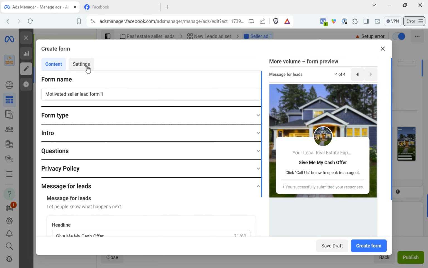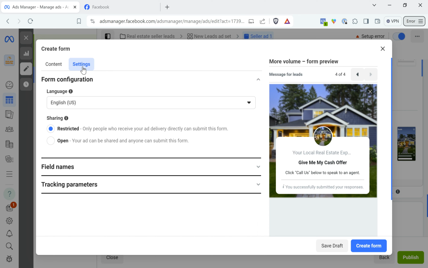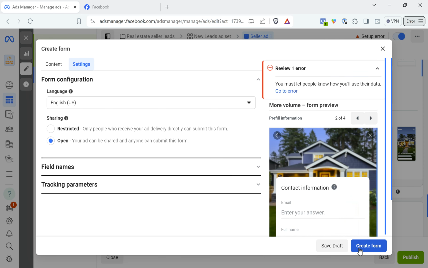But most importantly, what we're going to do here is go into settings. This may show over here, or it might be on the right hand side. I know previously it was on the right. And most importantly, we're going to put this as open so that the ad can be shared and anyone can submit this form, not just people who are seeing the ad, because we're not actually going to put any ad spend behind this. So then we click create form,